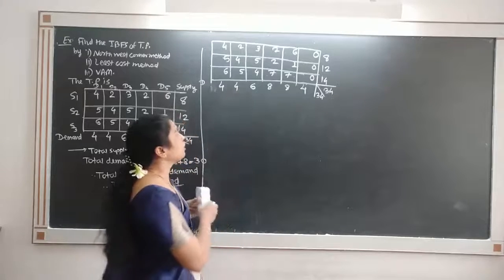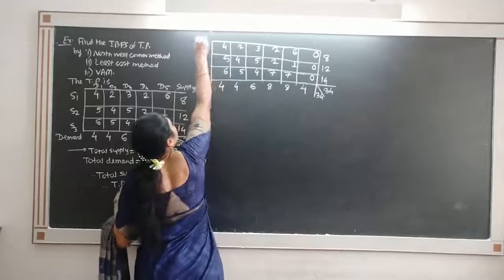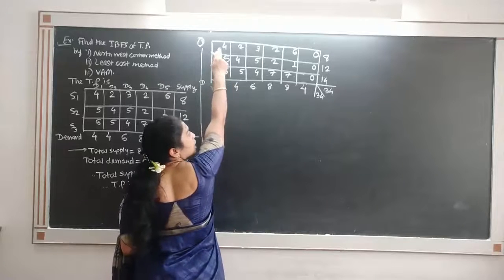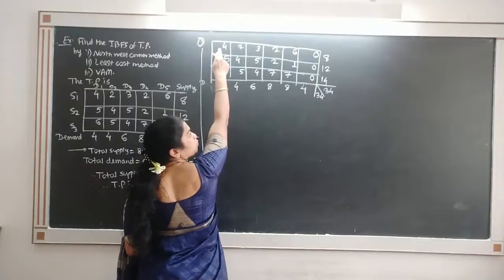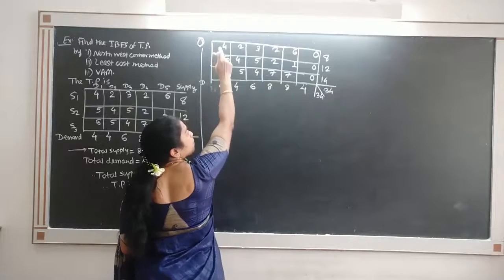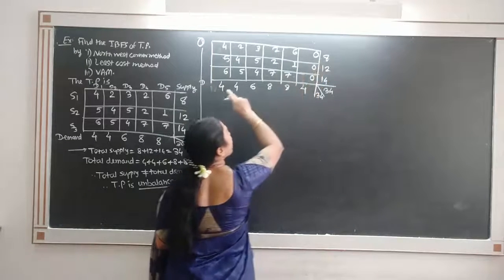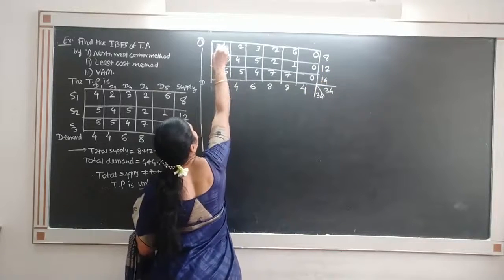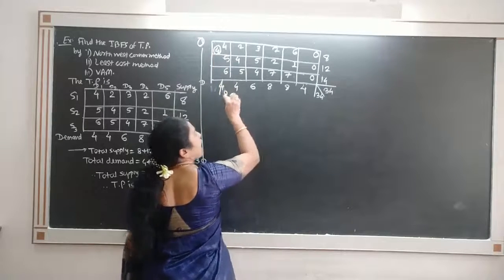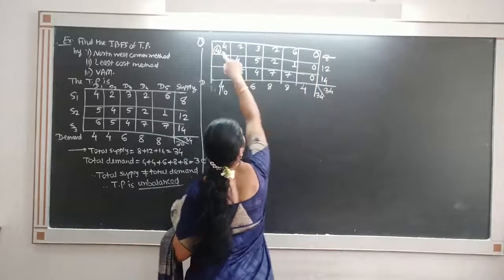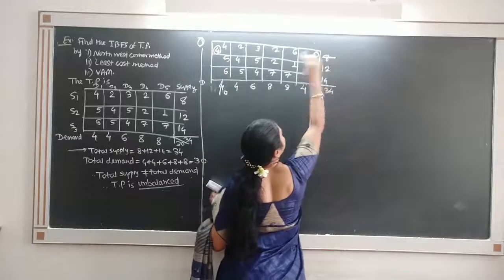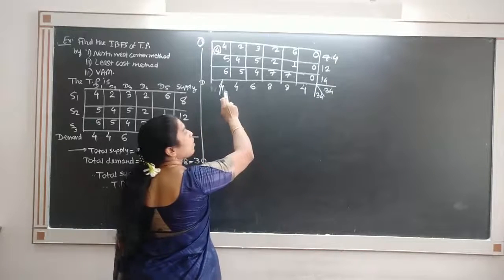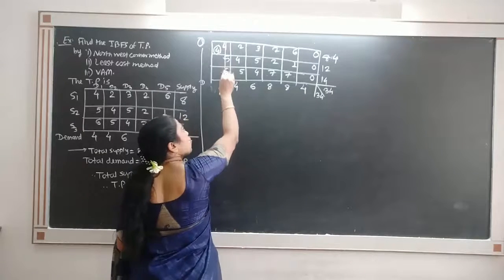In the first method, that is the northwest corner method, we will start with the northwest corner cell. So start with this cell and allocate as much as possible, that is equal to the minimum of corresponding supply and demand, that is minimum of 8 and 4, that is 4, to this cell. Adjust this supply and demand by subtracting this allocated amount. 8 minus 4 remains 4 and here it becomes 0. Because this column has demand 0, this column is crossed out.